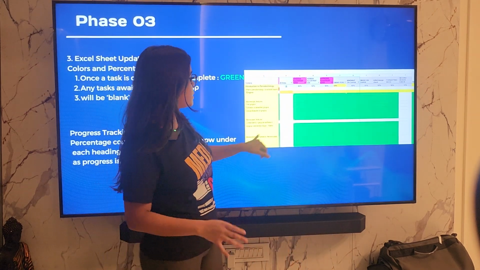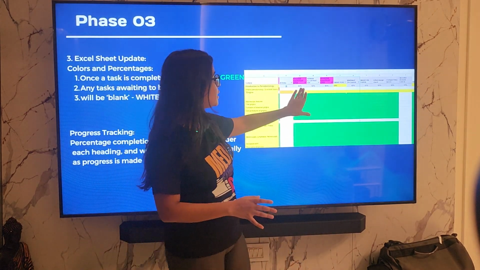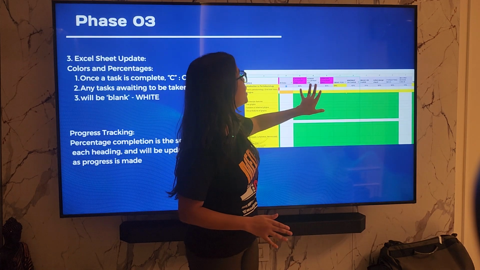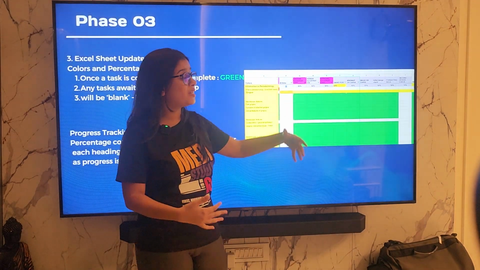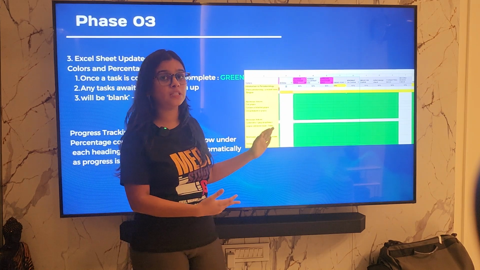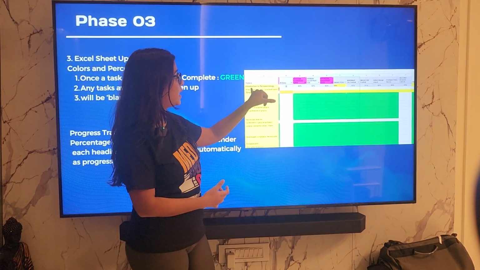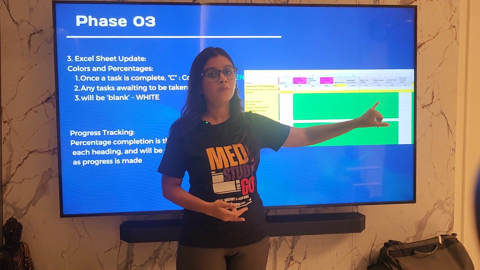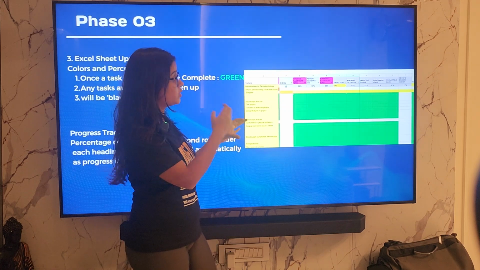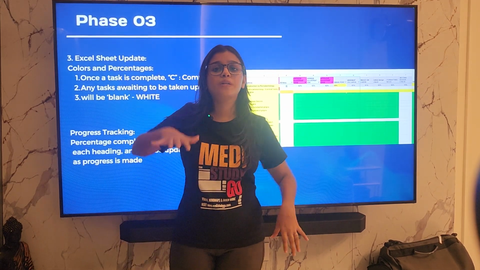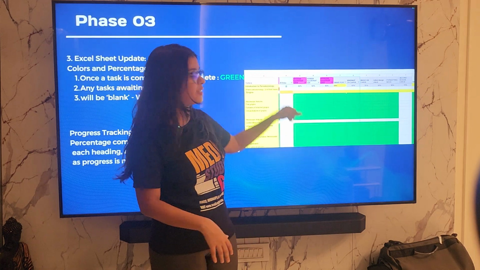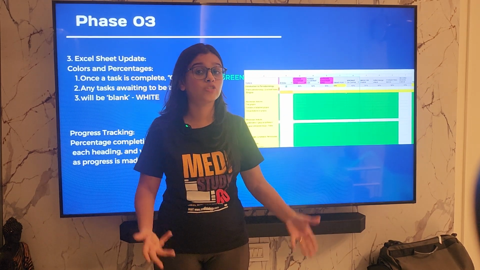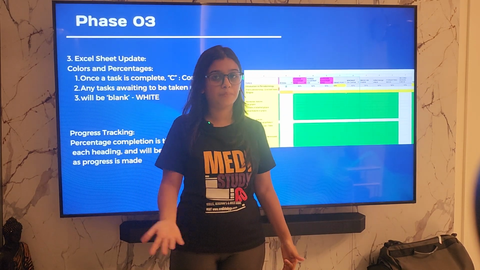So if this is 82%, then we should make sure that the other columns also eventually turn 82%, which means that we are able to track the entire process on our Excel sheet, just by opening it and looking at the percentages. That is why we really recommend the usage of these Excel sheets on a daily basis. When you get up in the morning, look at the percentage. When you sleep at night, look at the percentage, because that will tell you whether your team is actually progressing and whether the work is happening or not.